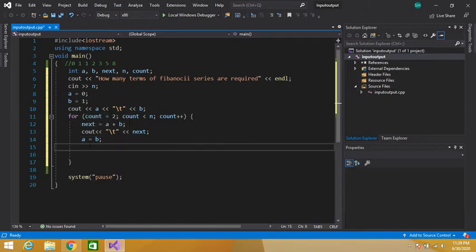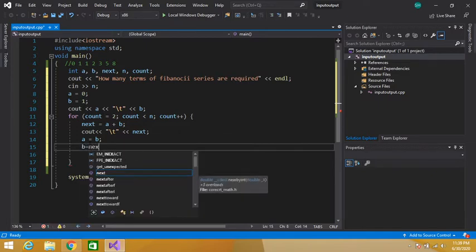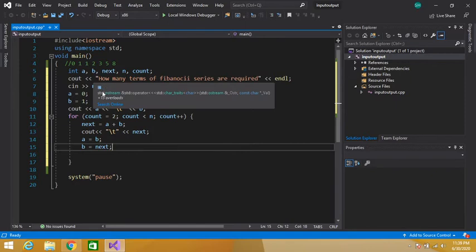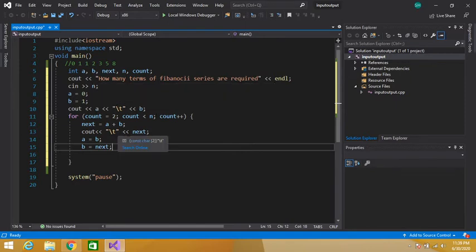And B is equal to next. See, our next was 1. We have printed this one. So this 1 becomes our B. So both A and B become 1.